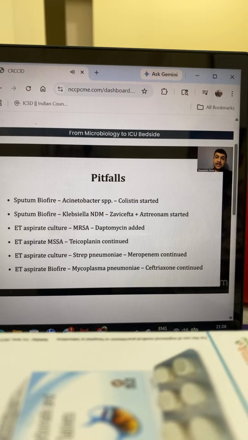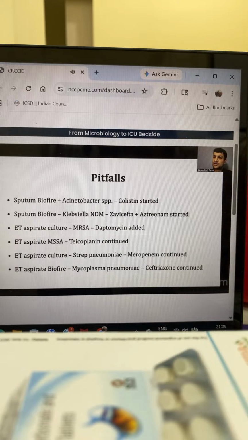Daptomycin is a lipopeptide. It acts at the level of the cell membrane, and it basically destabilizes the membrane potential, and it's very highly cidal. Only problem is you cannot use it for airway infections, which means if the infection has entered through the airway, reached the alveoli and formed pus, the surfactant in the alveoli will hydrolyze the antibiotic. So using daptomycin to treat a pneumonia is a strict no-no. However, let's say the patient has a lung infection, not because it has been acquired from the airway, but because of septic pulmonary emboli. So let's say the patient has